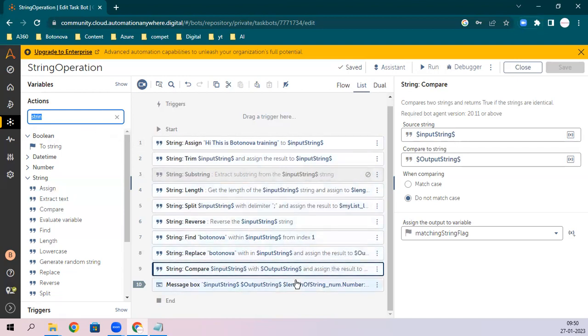You can use a boolean flag, you can use a string, or you can use a number. If the number is equal to 1, it means true; if the string is equal to true, or the boolean flag. So you have three options to work with.